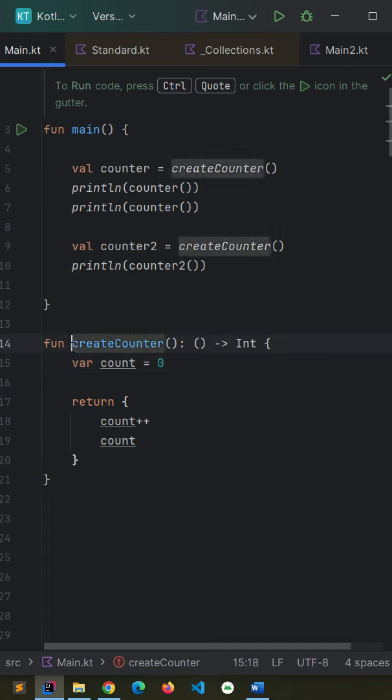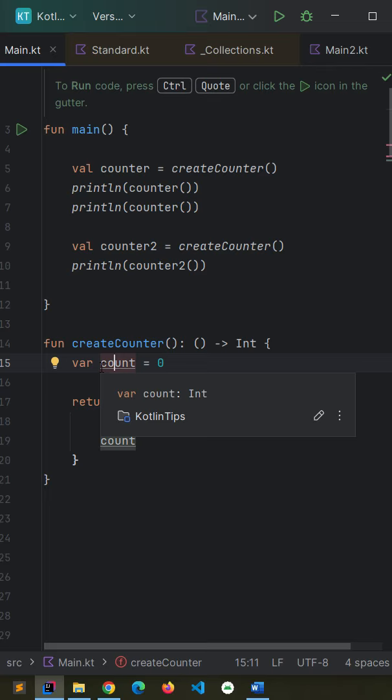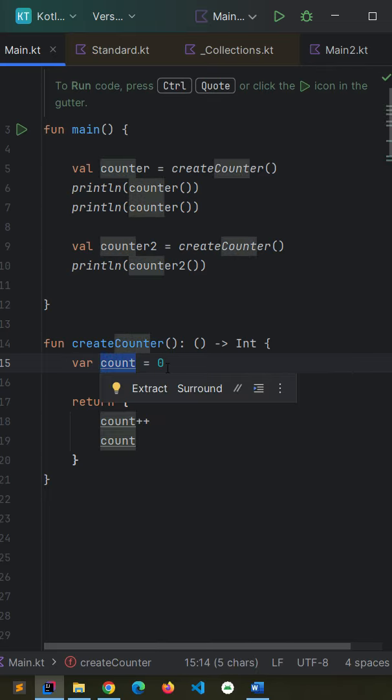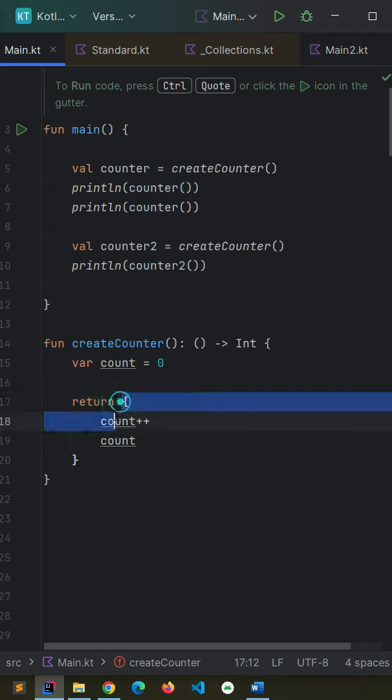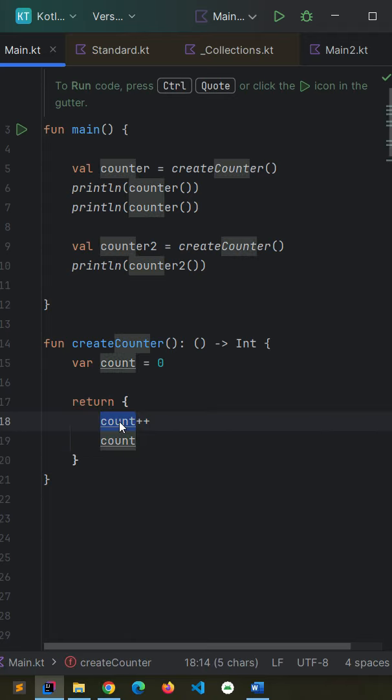Here we have a createCounter function, which is a higher order function because the return type of this function is another function, and that function's return type is Int. In this createCounter function, we have a count variable which is initially initialized with 0. In the return statement, we are returning a lambda expression, and in this lambda expression we are accessing the variable which is defined in the outer scope, which is count,